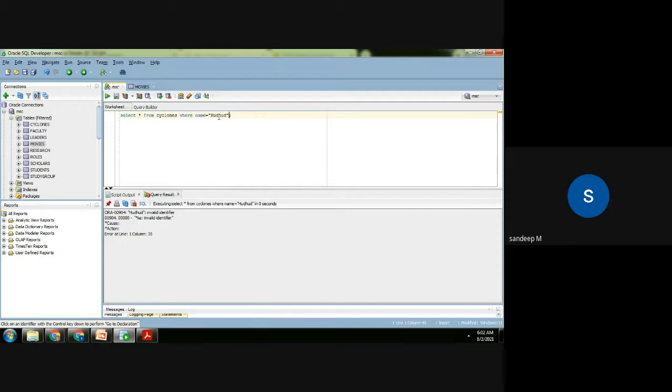So you have to be very careful with the names. What is the spelling they have used? And do some pattern matching and get the value.